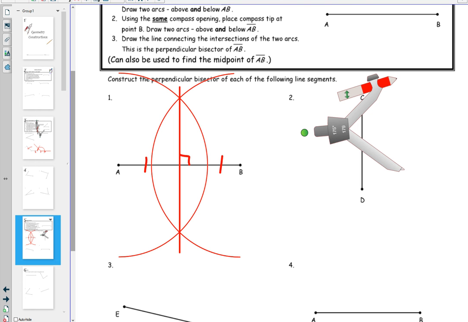Alright, I'm going to come around and pick up the compasses. We'll use this again on Monday. And then, somebody